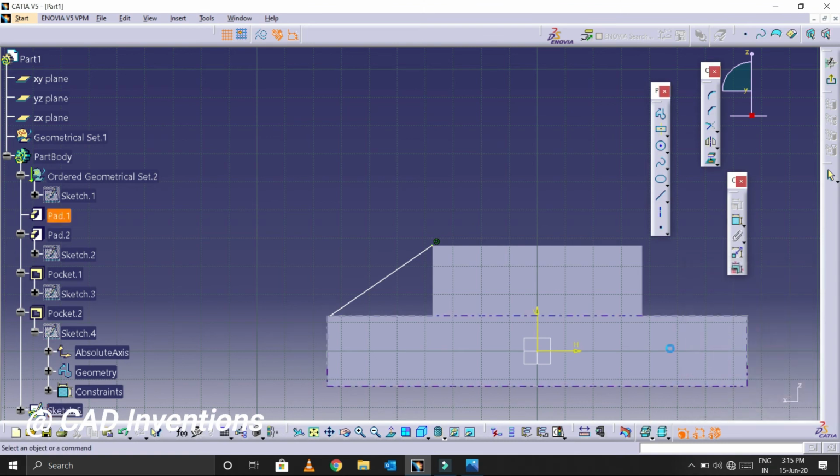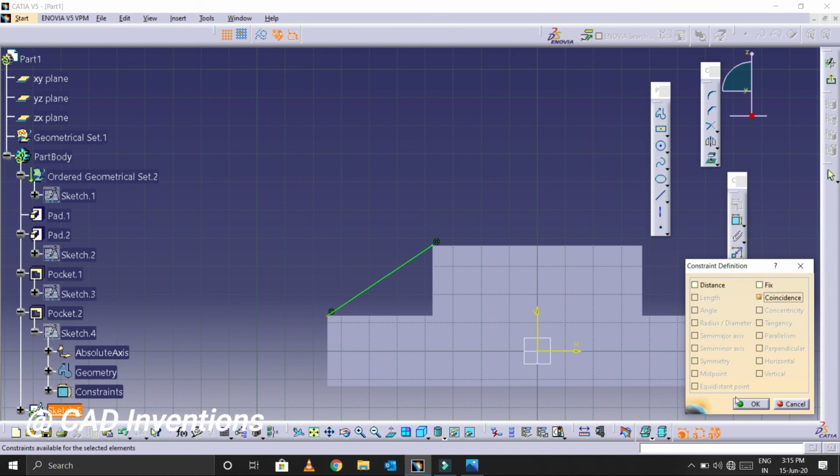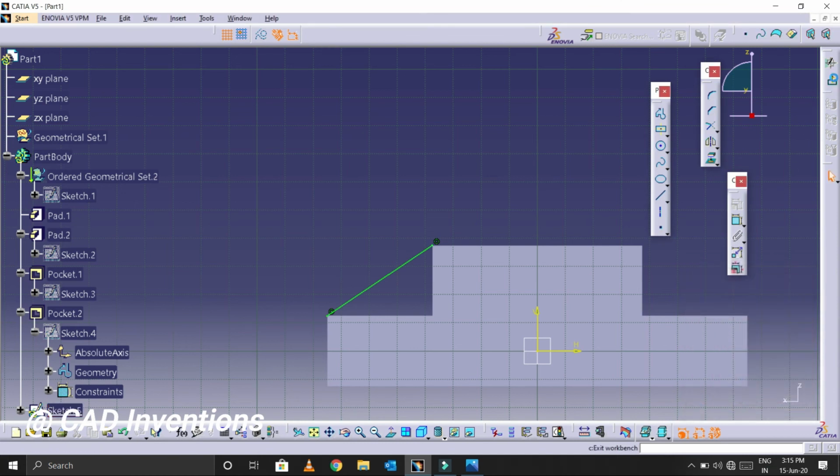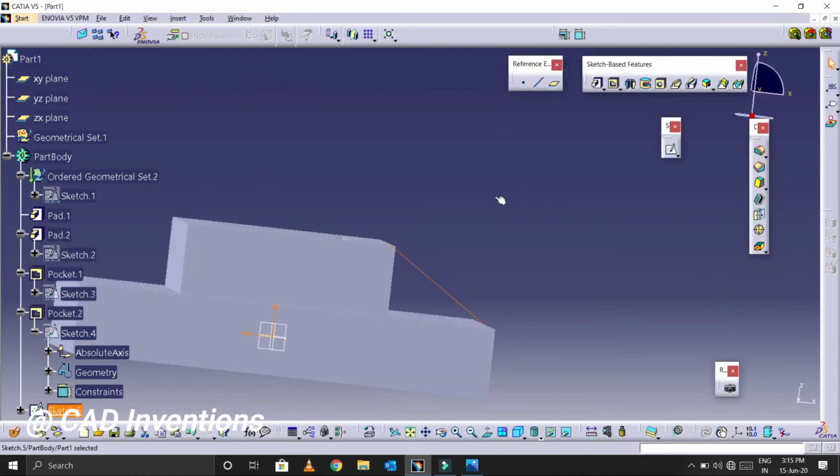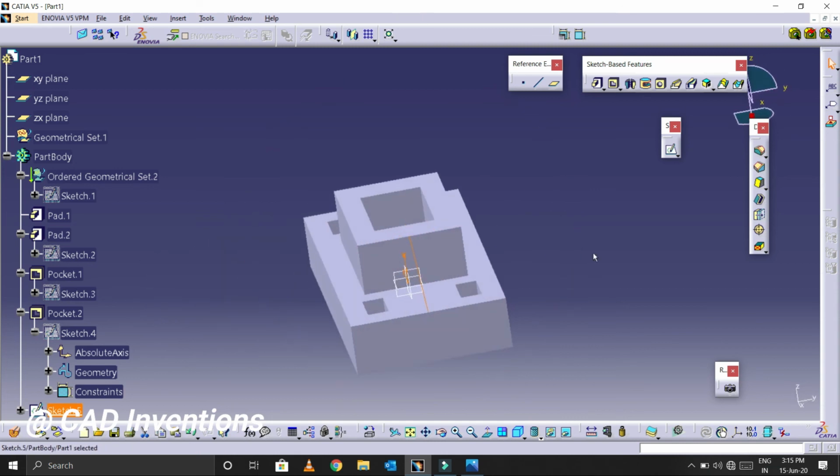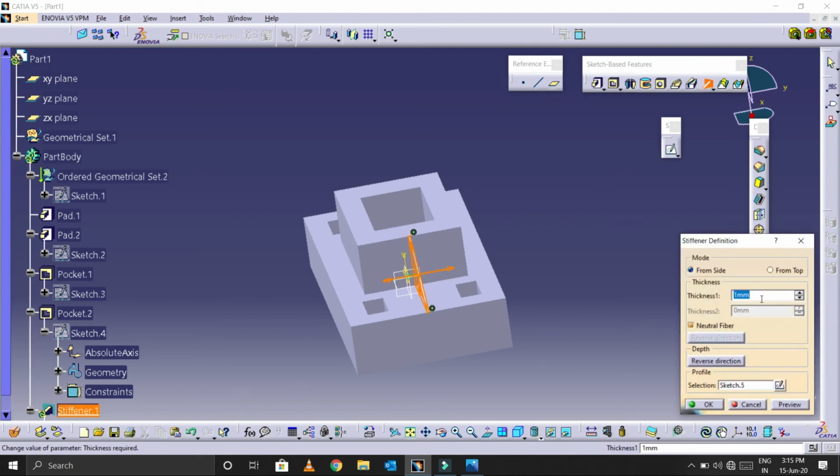Because my stiffener starts from the bottom line to the top line, that's why I make them coincident with each other. Now we can exit the workbench, so we can use the stiffener command directly. For the stiffener thickness, it's about 10 mm.